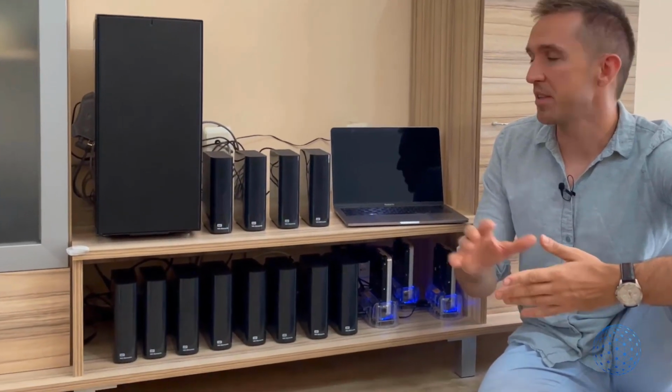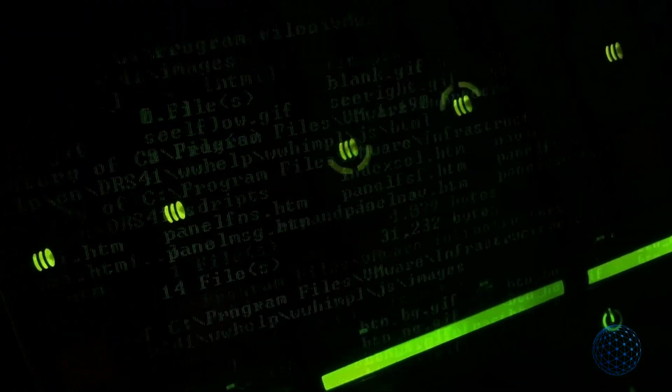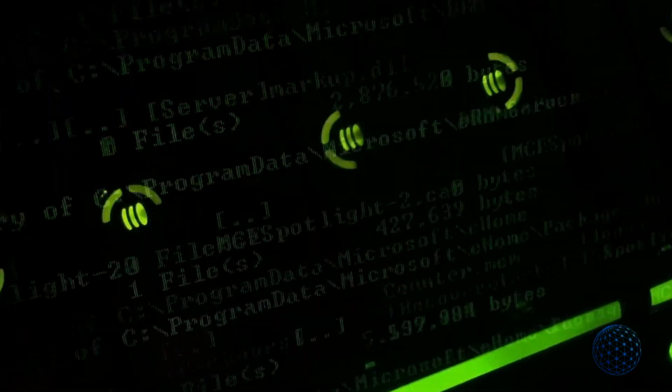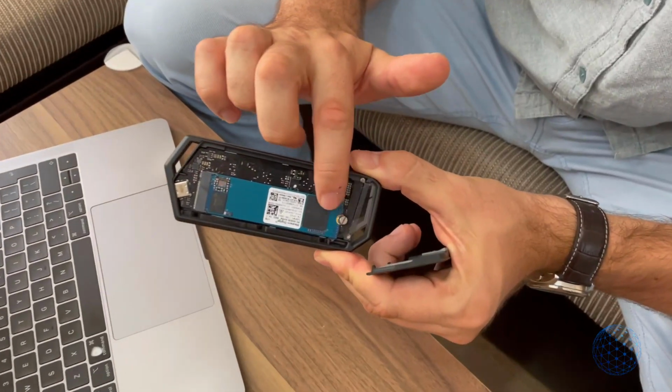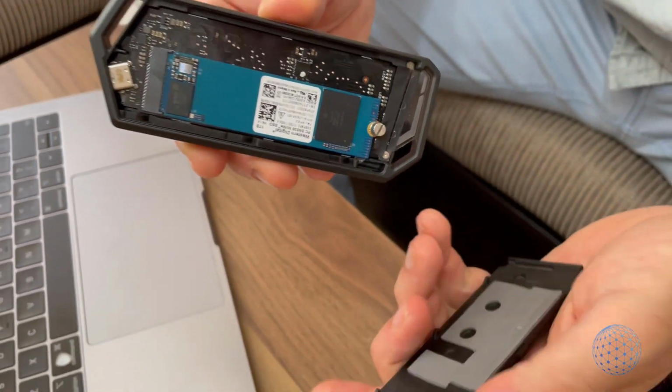But with the time I've decided to buy more hard drives, so I didn't want to use the internal SSD for plotting, because I learned that the plotting actually does a lot of reading and writing on my internal SSD. So one of the solutions that I found is that SSD enclosure. And inside this box I had this device, which is very easy to use, and as you can see it is small. So if I open it, inside you will see the SSD. So I was able to create the plots outside of my laptop, not using the internal SSD.